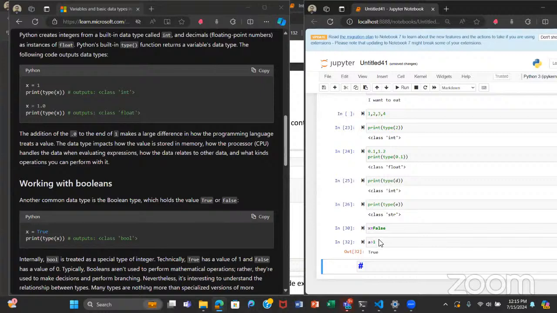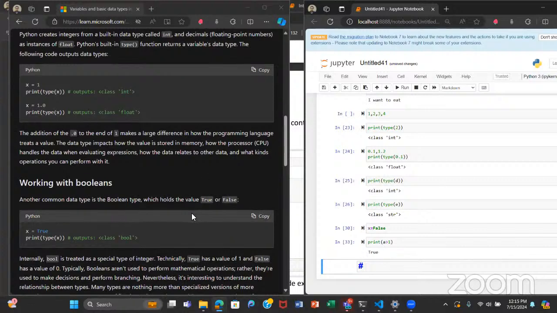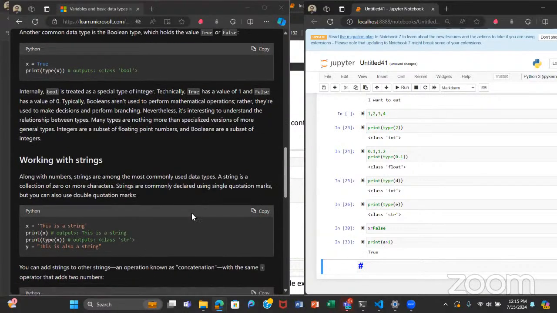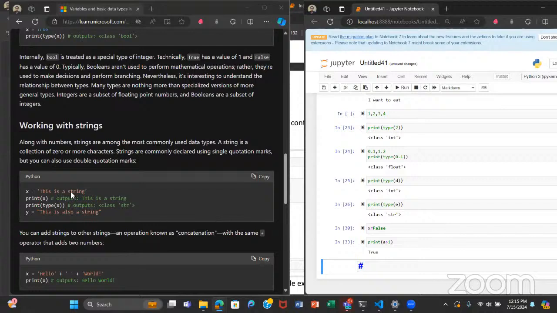If you notice, since you are using Jupyter, sometimes when you type in the cell and just run, it prints out an output already. That's one thing about using Jupyter. You don't always have to explicitly write out print, as you might have to in other IDEs like VS Code or Spyder, where you have to write out print. But in Jupyter, you don't necessarily have to write print to print out something. So that's what booleans are essentially.